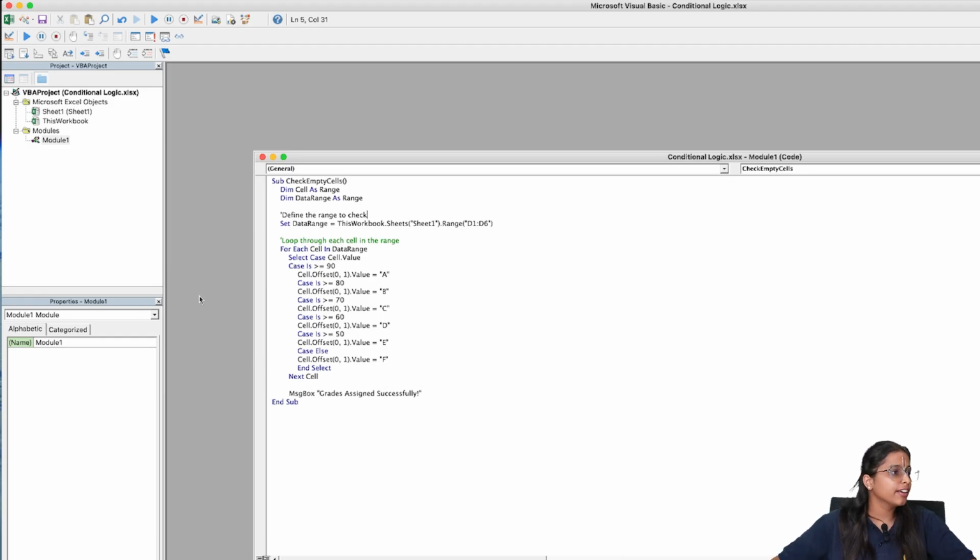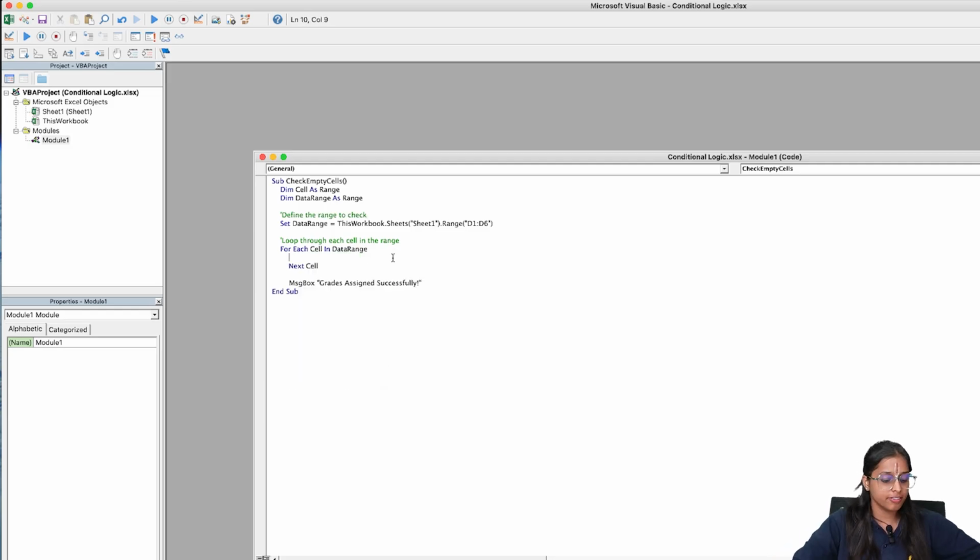For this, I'll write If IsEmpty(cell) Then I am going to pass a message box. I am not going to End Sub, but I am going to Exit Sub.